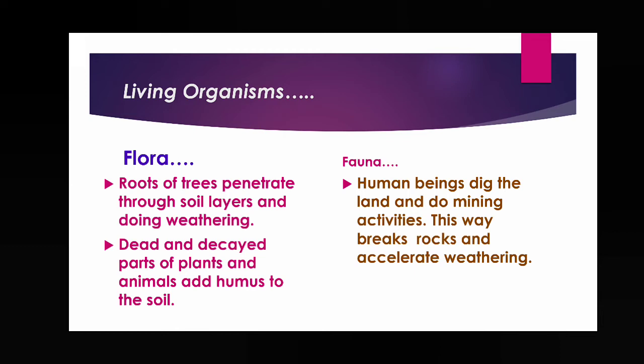Take one tree developing on a rock. As this tree develops, gradually its roots penetrate through the rock, and when they penetrate, the roots make some cracks in the rock, and gradually along these cracks the rock is broken into smaller particles. That means weathering occurred. And when weathering occurred, gradually these weathered materials or broken particles will convert into soil.